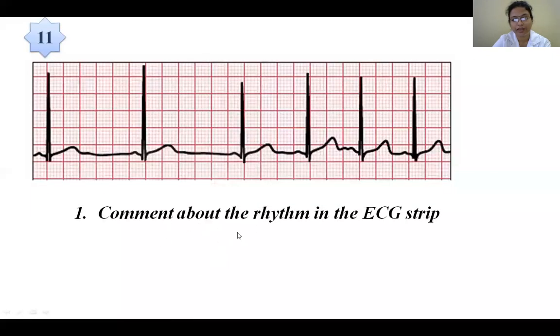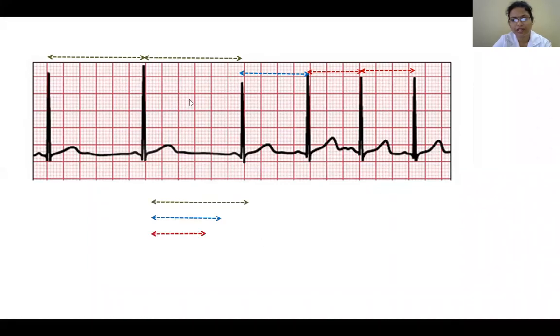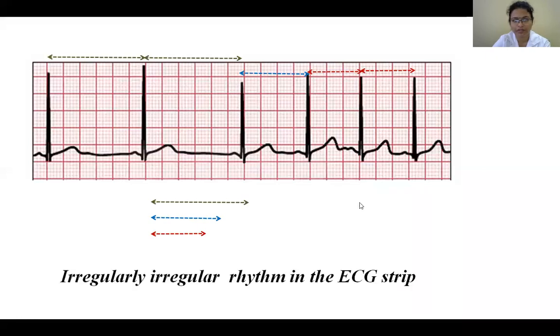Now again, comment about the rhythm in this ECG strip. So again, compare. This is by paper pencil method. You can note the point on these RR waves. Then again, so if you see, these two are of same interval. When you compare, this is of course less than this RR interval. This is much lesser than this RR interval. Again, this is less than these two RR intervals. So all the waves are not of equal RR intervals. So this is irregular rhythm.